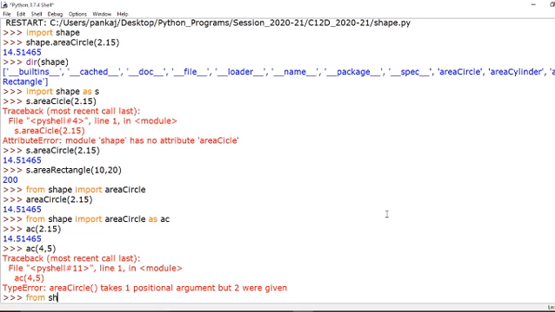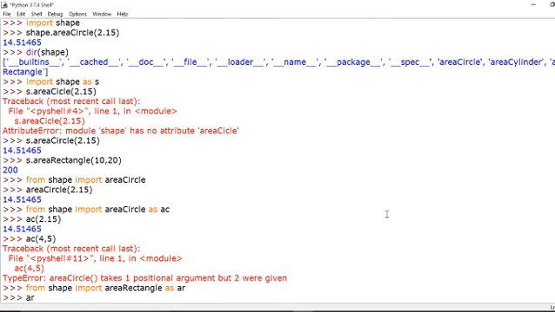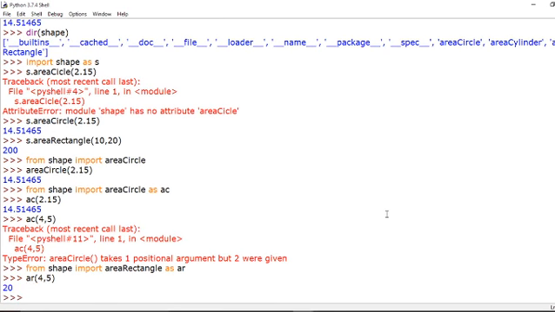So what we will write? We will write from shape import, now we want to find the area of rectangle. Okay, and then I am also giving an alias, say ar. Say ar in bracket I am writing 4 comma 5. So area of any rectangle is length into breadth. 4 5s are 20. So you can get here answer 20.